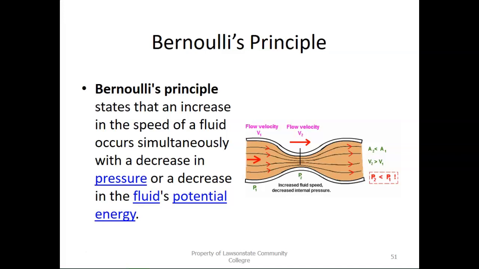It picks back up on the other end of the bend, right? Or you can even think of this as a narrow point in a river. Once it gets past that narrow point, everything opens back up again, and everything's rushing downstream. Sound about right? So that is Bernoulli's principle in a nutshell.